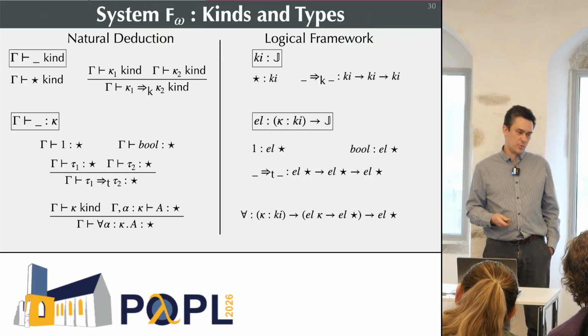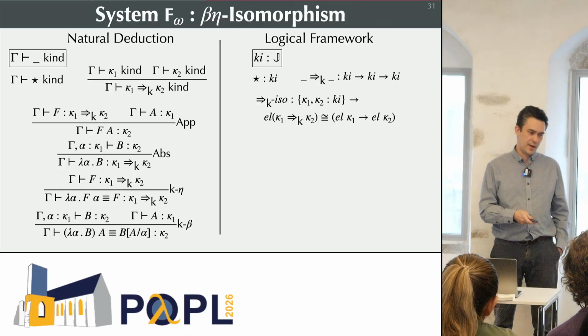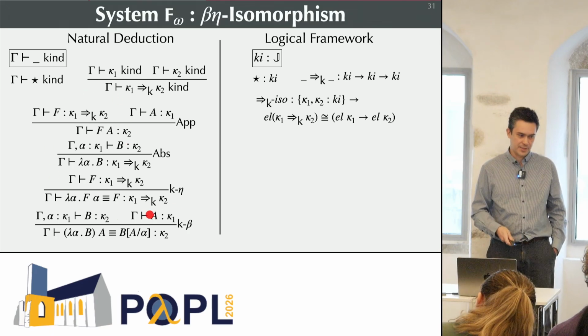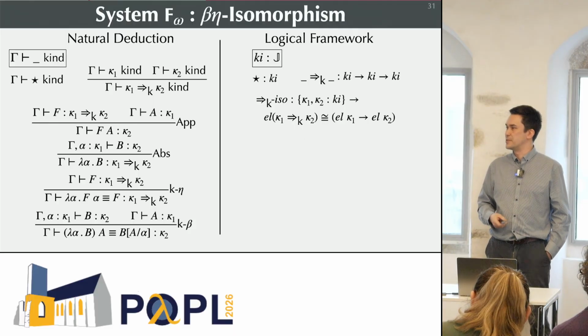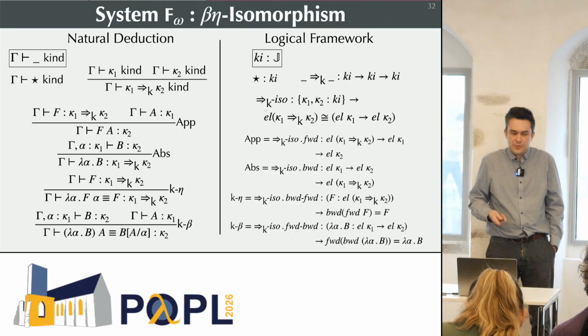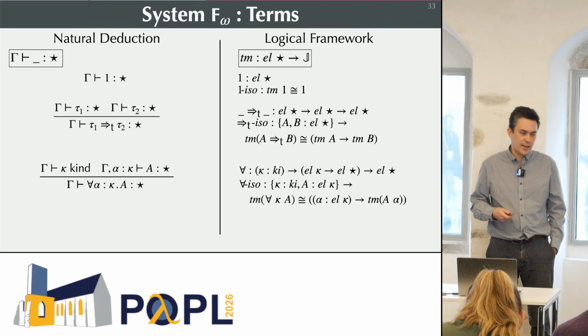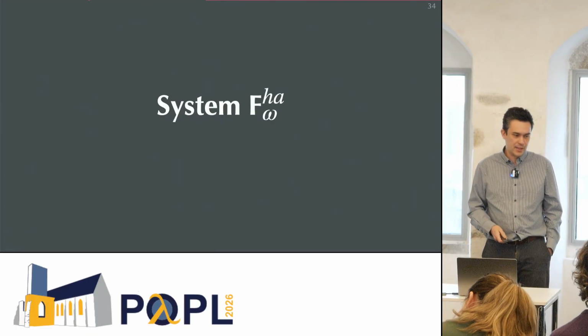So here are the rules for kinding. Here are the rules for kinding, application, and abstraction on the left-hand side, which are all usurped by this single rule on the right-hand side. It's just witnessing an isomorphism. And this is the kind of compact stuff that we really enjoy in that paper. Of course, that's achieved by just expanding some definitions, but that's the purpose of this. And again, on the right-hand side, we're doing some interesting logical framework stuff.